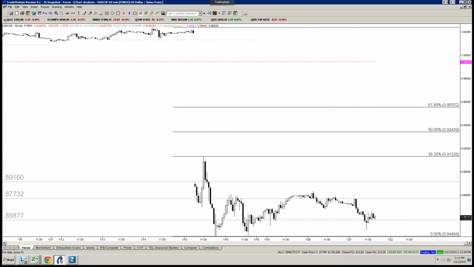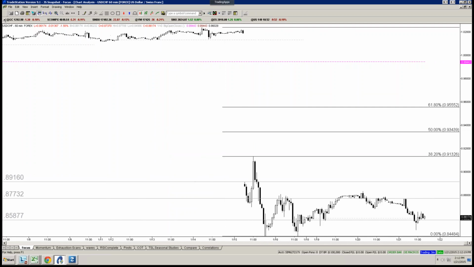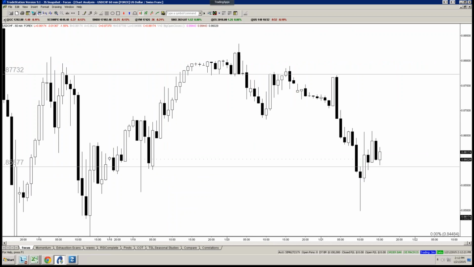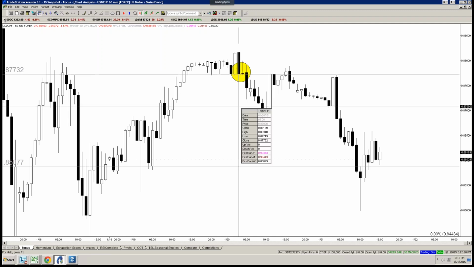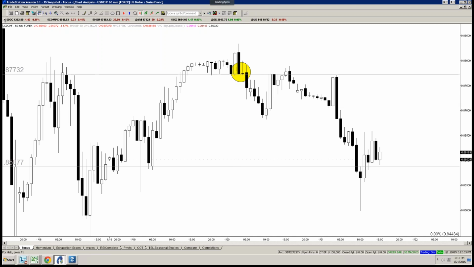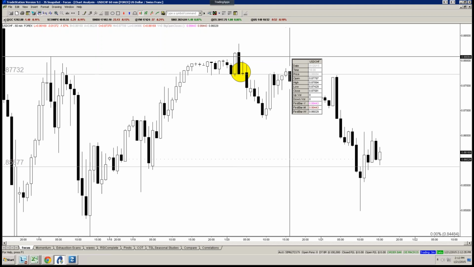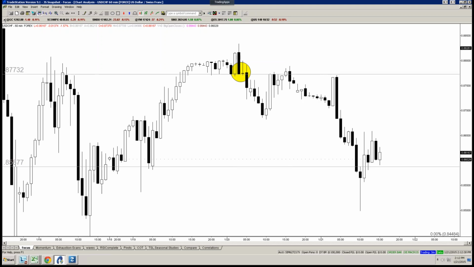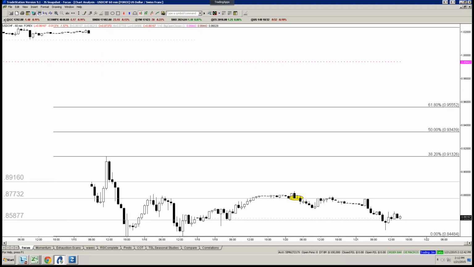And I have all the fibs on from the move that we had last week, so I know where the 38.2 is. I know where the 50% is. To give you another, look at the lines I have on here as well. I've got hourly reversal. This is hourly reversal resistance right here. That was the high yesterday during Europe. It was at 87.73. It was resistance throughout the rest of today, resistance yesterday afternoon session, and resistance today during Europe, almost to the tick.